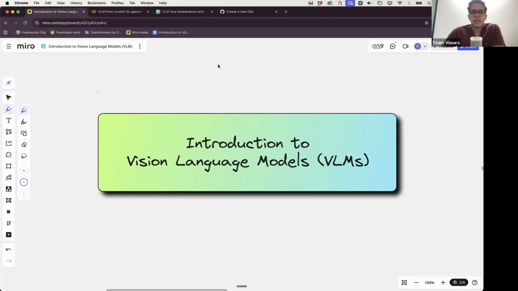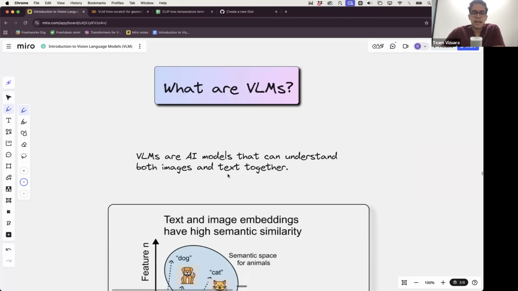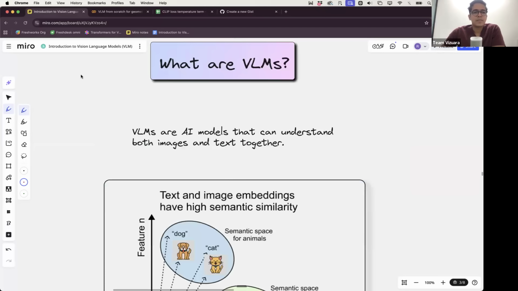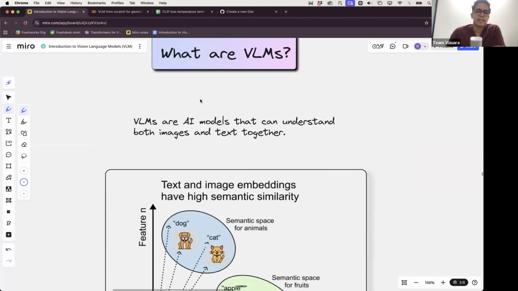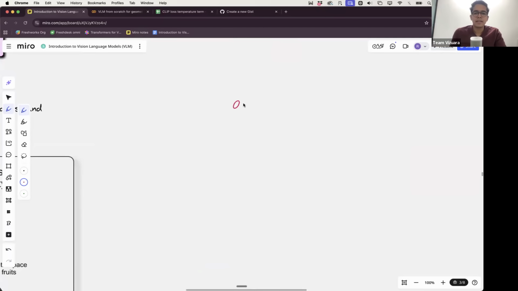And this is, of course, under the category of multimodal LLMs, because in vision language models, you have two modalities, the modality which carries vision and the one that carries text. So now let's look at what VLMs are. Ideally, VLMs should be able to process text and image data together. So if I write the word apple, or if I show you the image of an apple, in the human